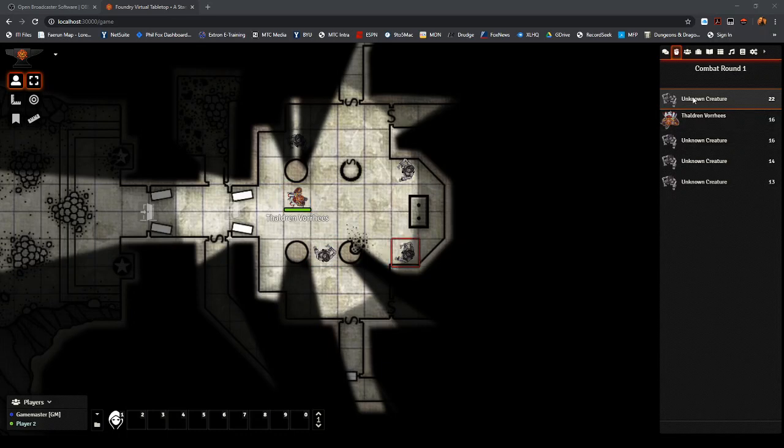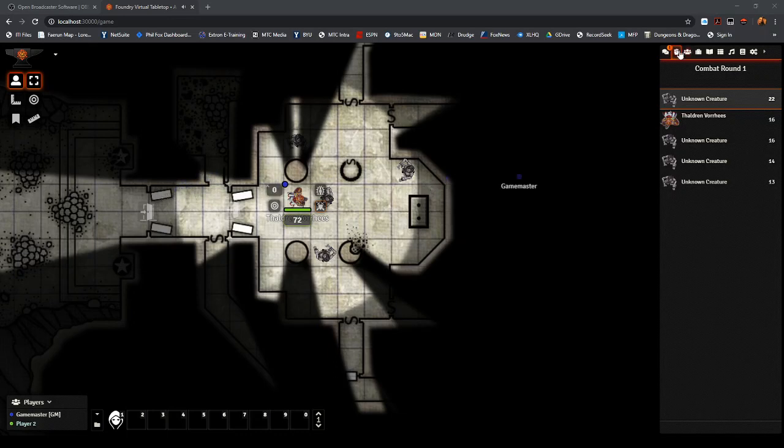If I click on it here, as the DM I could move this creature closer, and I could say I want to target, and bam, see that little blue dot? That means the game master, because I'm the blue dot, is targeting him. Okay, and let's do an attack. He's going to try to bite him,